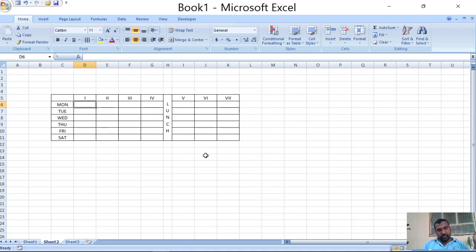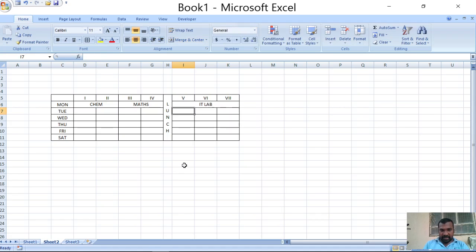Right? So you can type the subjects like chemistry, maths. But we know that we have two sessions, 2 hours of chemistry. At that time writing chemistry two times is not a good idea. So instead of that, merge these two cells. Now 2 hours of chemistry is there, then 2 hours of maths is there, and the last 3 hours we have an IT lab.